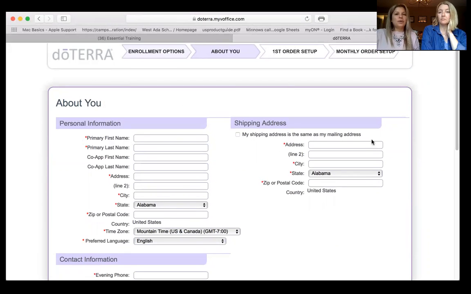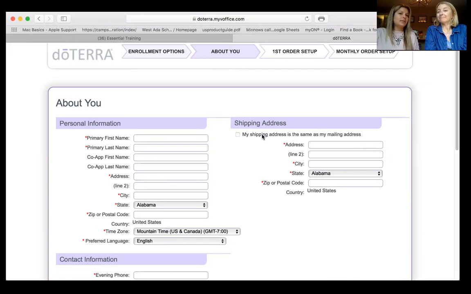And on the top, you're going to select whether it's a home essential kit or a family essential kit or just the enrollment package. And then you're going to add the items just like you would do for your loyalty rewards program, pretty much like that. You're going to put your payment information. You're going to make sure that the ship to address is the right address, the bill to address, and you're going to process the order.